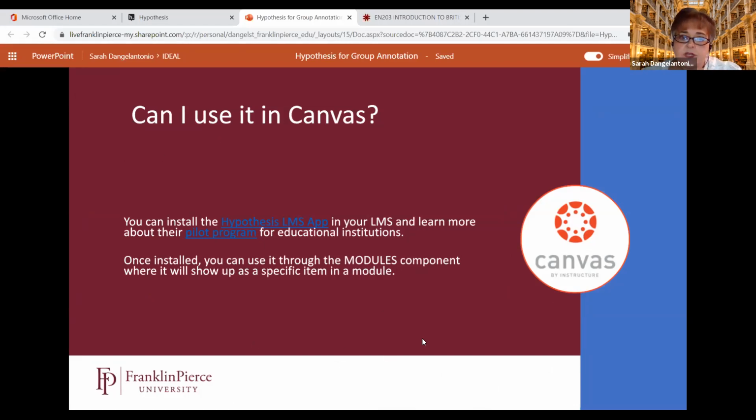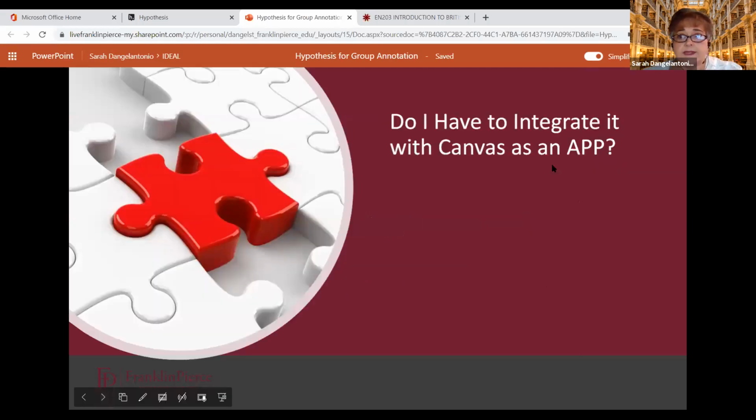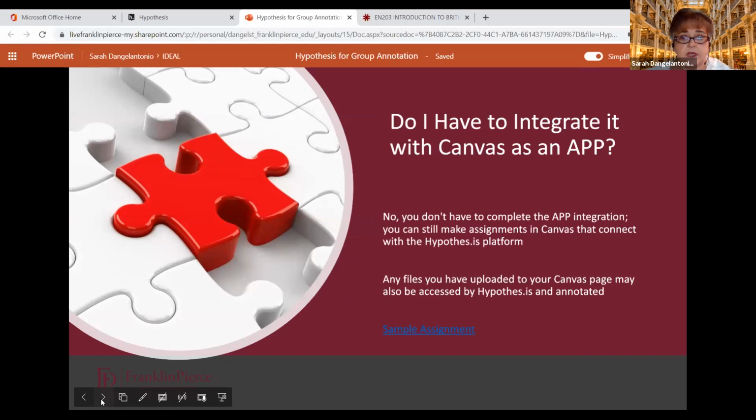When it's integrated in Canvas, it will show up or be used in the module section, not in your assignments, and you can have direct links from there. But as I said, you don't have to integrate it with the Canvas app. You can still make use of it in Canvas without the app integration.